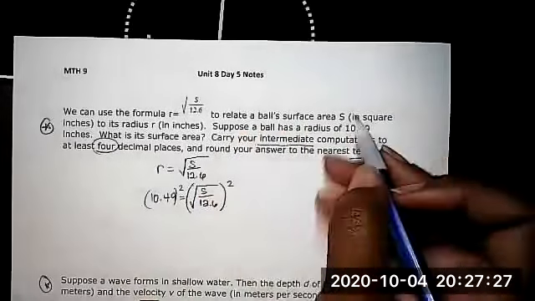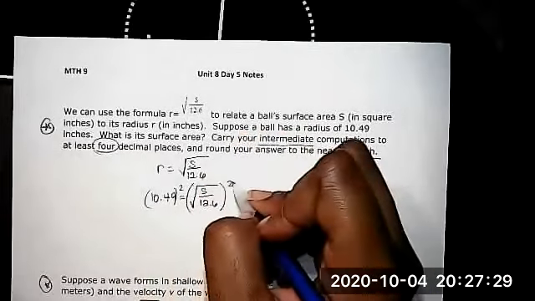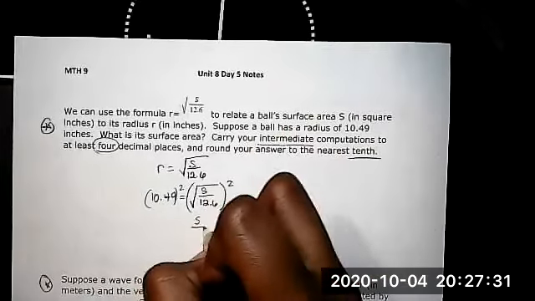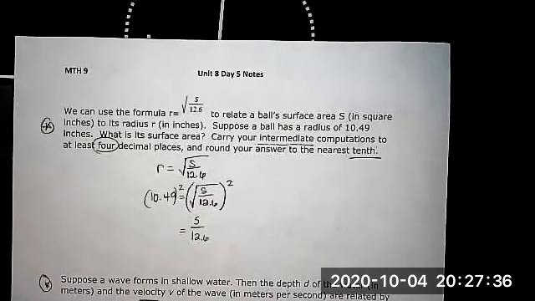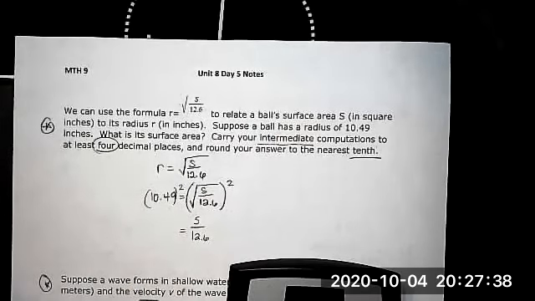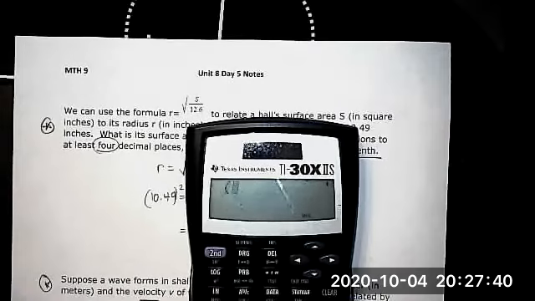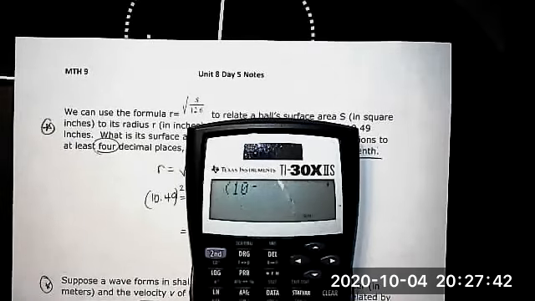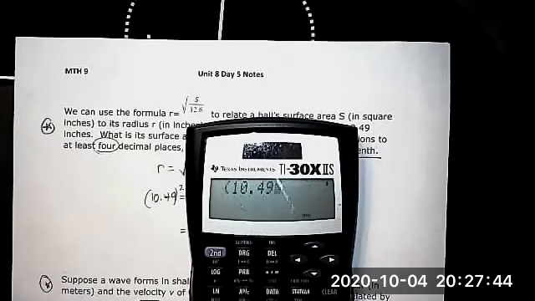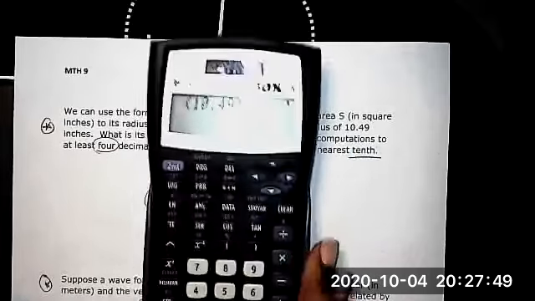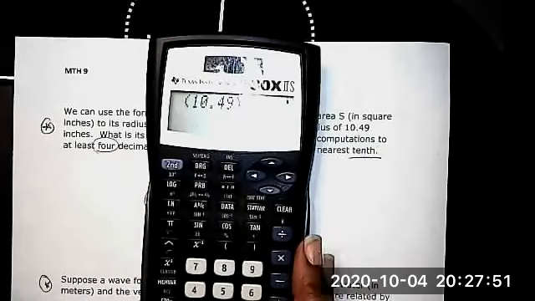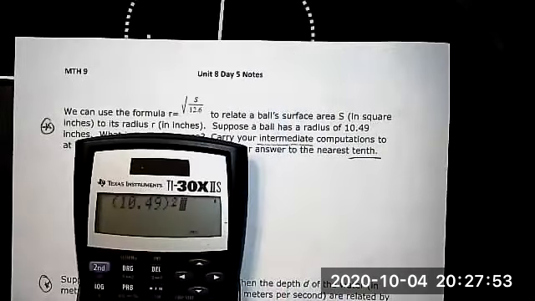Okay, we're going to have to square those because the square root of a square cancels out. So this becomes S over 12.6. And what is 10.49 squared? So let's look at that. 10.49, and it's squared like that. I just hit the squared button, that X squared button right there. And when I did that, I get,